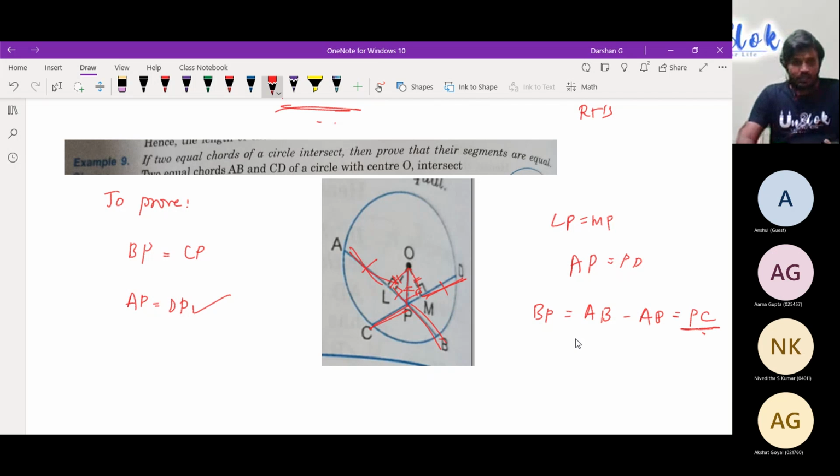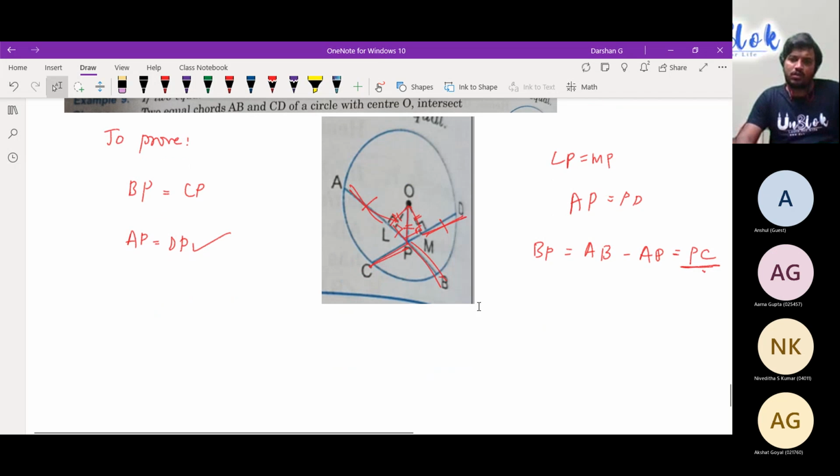Very good. That's it. So this finishes the overall chord property problems, all the important kinds of problems. I've tried to find all the kinds of problems and do them. That's what I have tried. Okay, so one second. I am just starting with the next topic. Okay. I'm moving on with the next one.